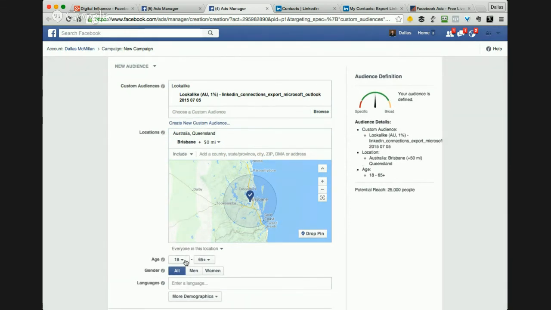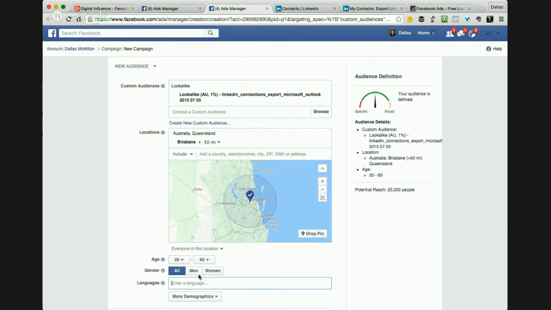Now, what age group? On the whole, people interested in this are probably going to be a little bit older than 18. Probably 20 or 25 or older, and probably not 65 plus. So I would say that up to about 50, 55 is going to be a better audience for me, although I know plenty of you are in that age bracket. So let's push that up to 60. Quite often some of the best customers for this type of service are a bit older, and they own businesses, they're successful in business, they've got a budget, and they want to get results online. They don't know how. They weren't born with an iPad in their hand like kids these days.